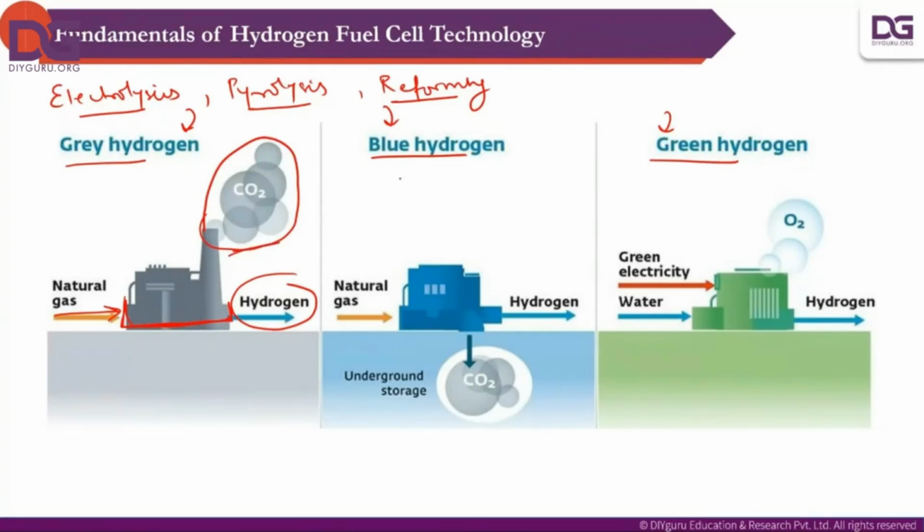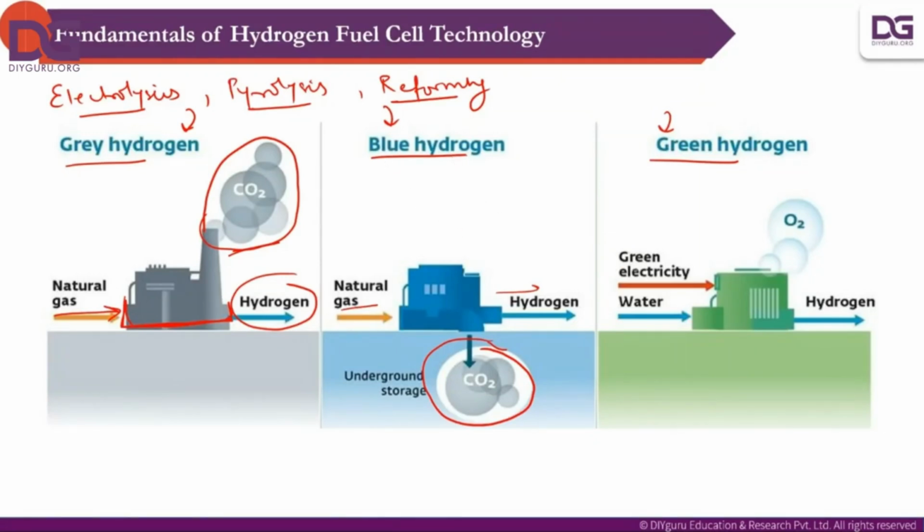Next is blue hydrogen. If we do this process on natural gas for generating the hydrogen, and the unwanted pollutant is stored properly, it is catered properly, but not eliminated, only catered properly. Suppose it is collected and dumped into some area, this kind of thing,